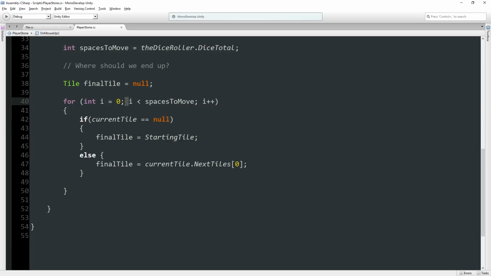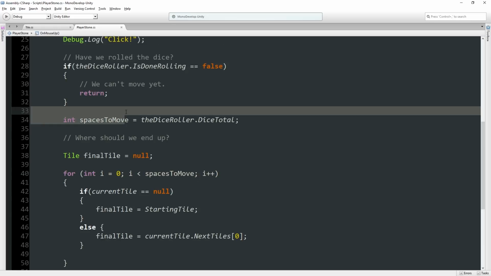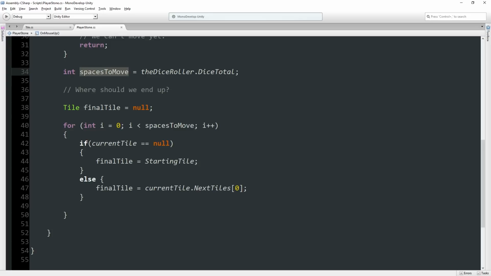What's going on? We're going to loop through this X number of times. Let's say we rolled a 2. So this is going to go twice. We know we start with current tile equal to null, so the first loop through here is going to set our goal tile to be the starting tile. Then the next loop through